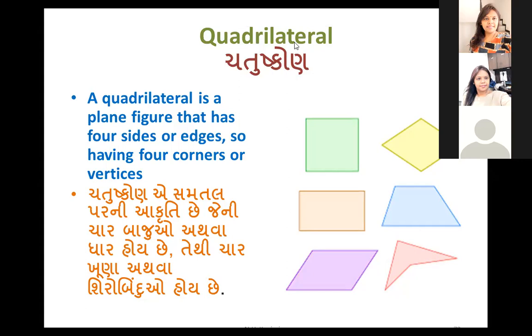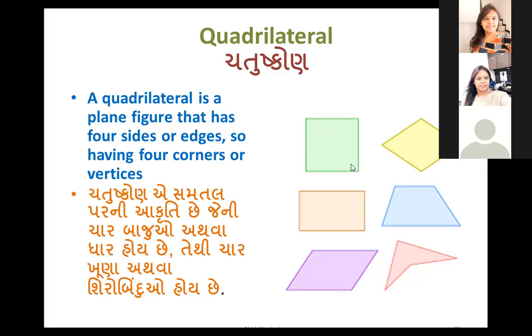So these are some figures of the quadrilateral. The last one, a kite, is also a quadrilateral because it has four sides. So remember, a closed figure which has four sides and four angles is known as a quadrilateral. The side is also known as an edge, and the corner of an angle is known as a vertex. These are the simple things.